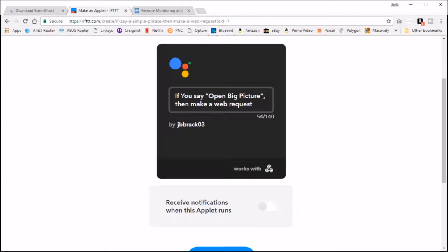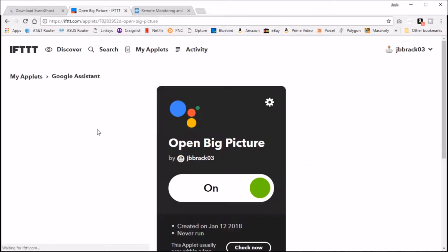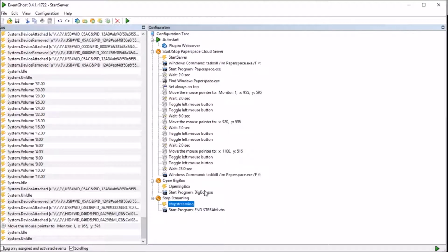And then up here, this is kind of awkward, so we're going to make that make more sense. So open big picture, and then when you're done, you would just hit finish. And that's basically it. That command is now active, so if you've got a Google Home or Google Assistant set up in your environment, you could go ahead and just give it that command and say, hey Google, open big picture, and it would basically trigger through this,